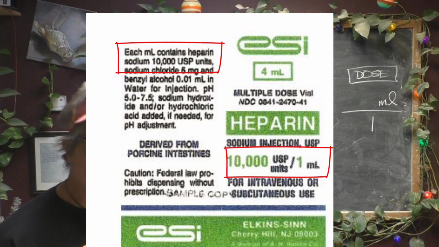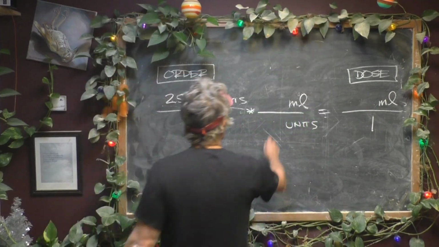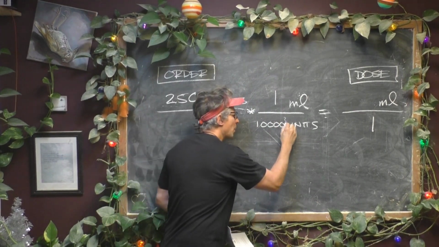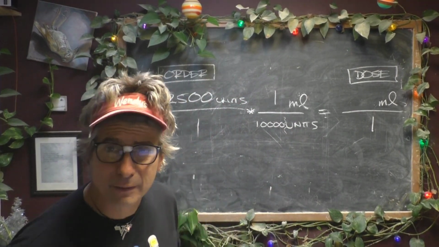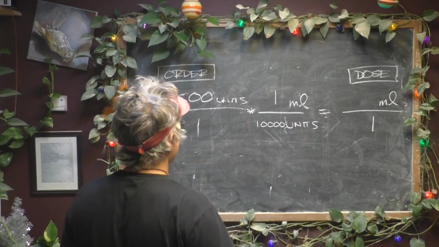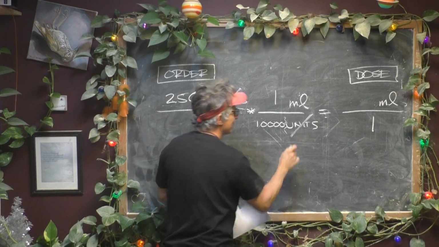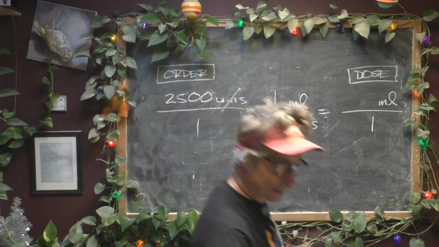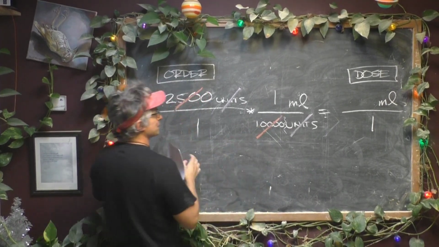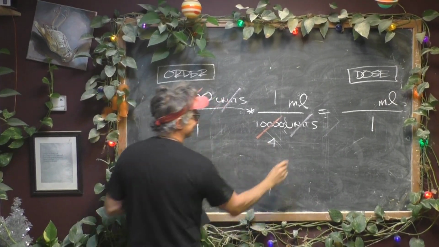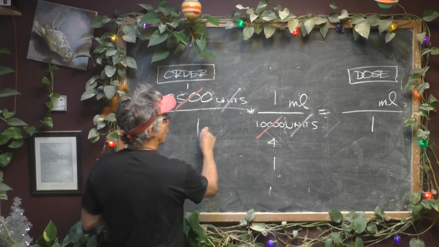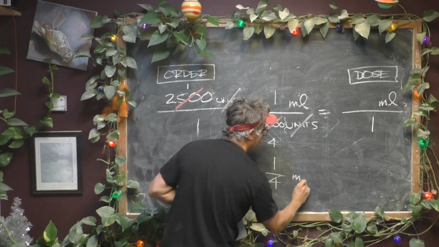10,000 USP units per 1 milliliter, which means 1 milliliter contains 10,000 USP units. I'm hoping that USP doesn't mean anything other than something unimportant. But I think we got it now, because units is going to divide off. We're only left with milliliters, and not only that, the numbers are going to work out brilliantly. 2,500 and 10,000 divide, 1 and 4. So mathematically, you get 1 times 1, which is 1, over 1 times 4, which is 4. You got 1/4